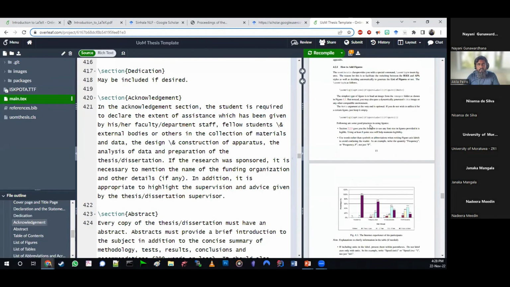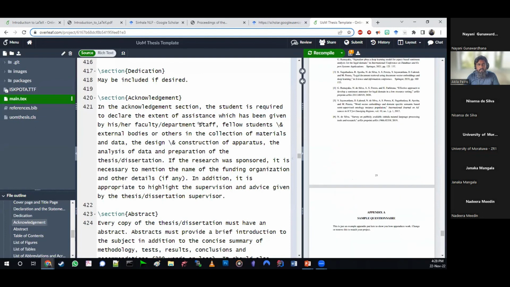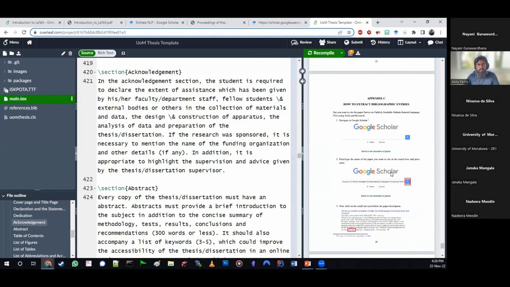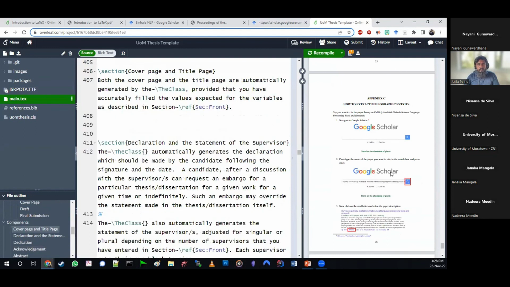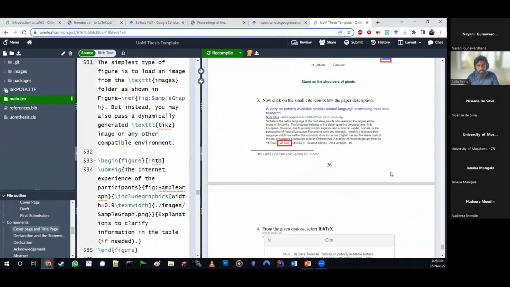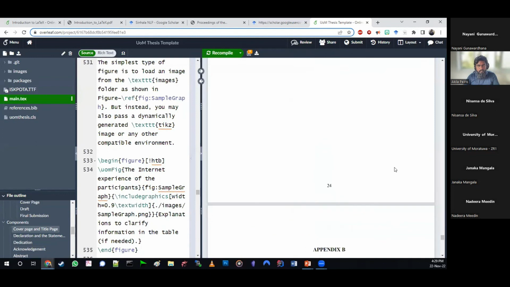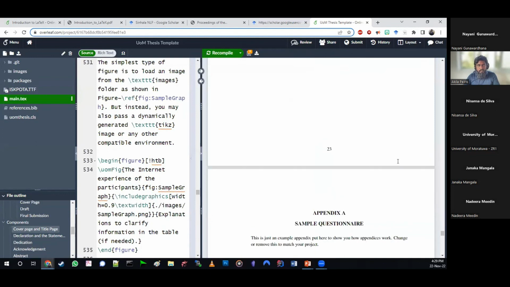And remember Google Scholar: how to get Google Scholar citations is also mentioned there. So even if you did not listen to any of the things that I mentioned today, if you just go to the library website and read this document by yourself, you would be able to learn most of the things that we discussed today, right?